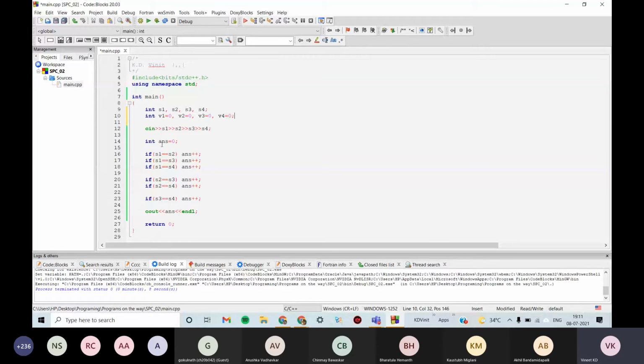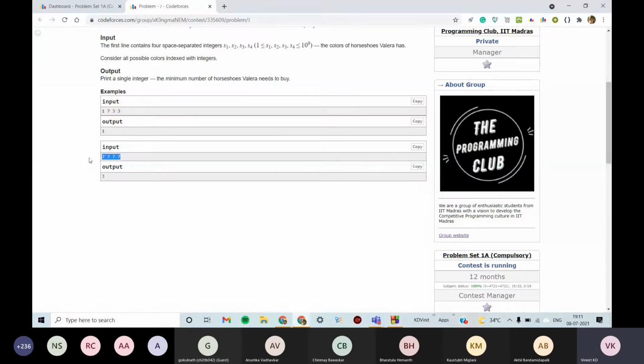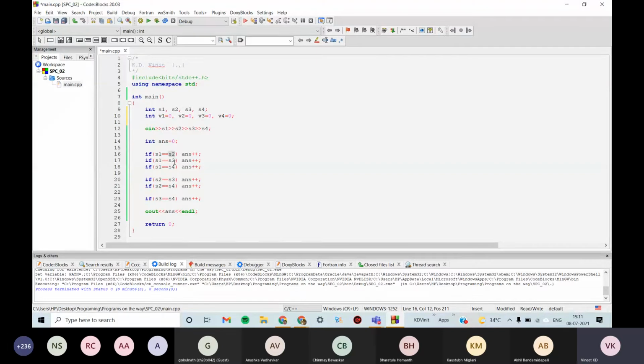What we are actually missing is, as in the case 777, we had replaced S2 with some different color, S3 with some different color, and S4 with some different color. So now again we are counting this pair, but because we could have chosen 6 for S2 and 8 for S3, they are not the same, so we don't need one more extra thing, right? There would be some simpler approach, but I'm not able to get it as of now.